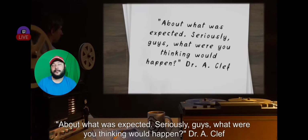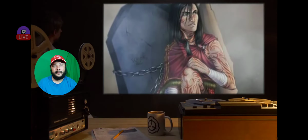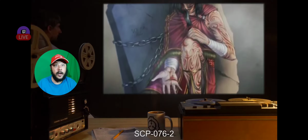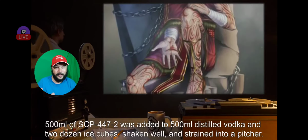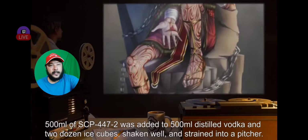Dr. A. Clef. Date. Expunged. Test subject. SCP-076-2. Oh shit! They're gonna test it on a dead body. Procedure. 500 milliliters of dead body. SCP-447-2 was added to 500 milliliters. Okay, so